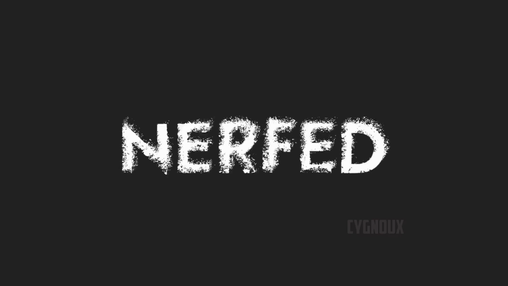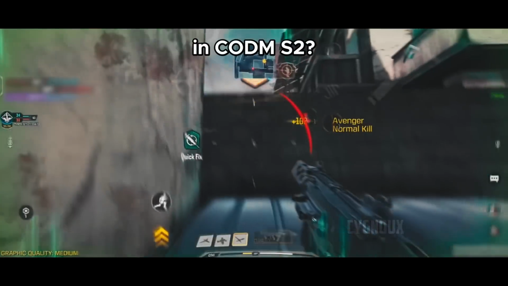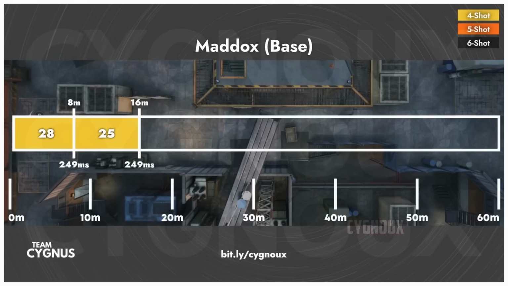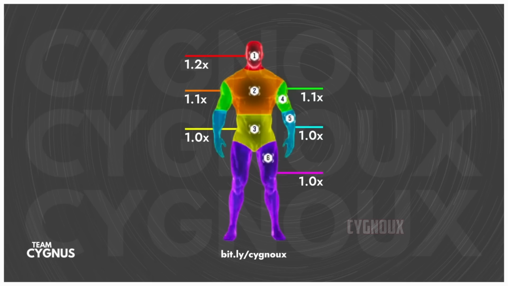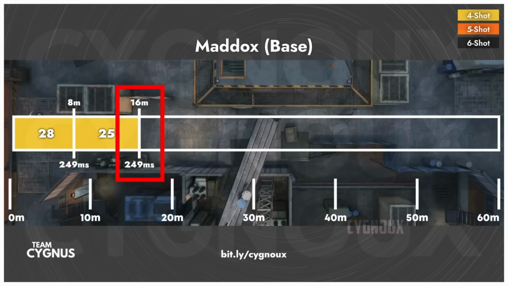Maddox got nerfed. And is it still one of the best assault rifles to use in COD Mobile? Maddox is a 4-shot weapon with 249 milliseconds time to kill in 16 meters range, which will be consistent as legs do same damage as rest of the body, meaning we can hit all leg shots and still get 249